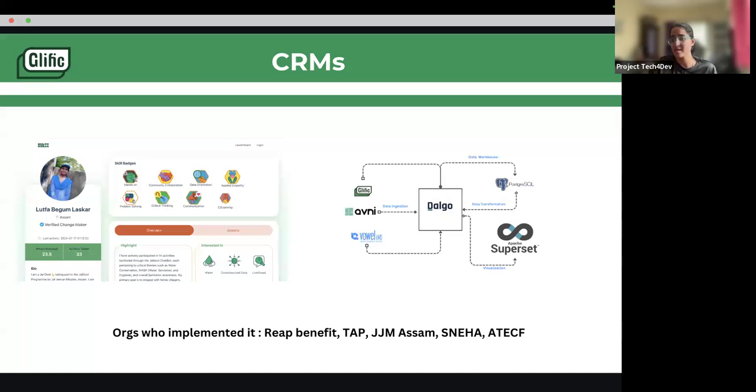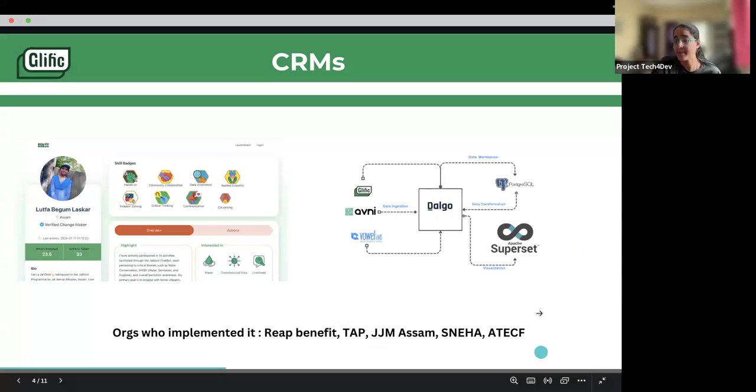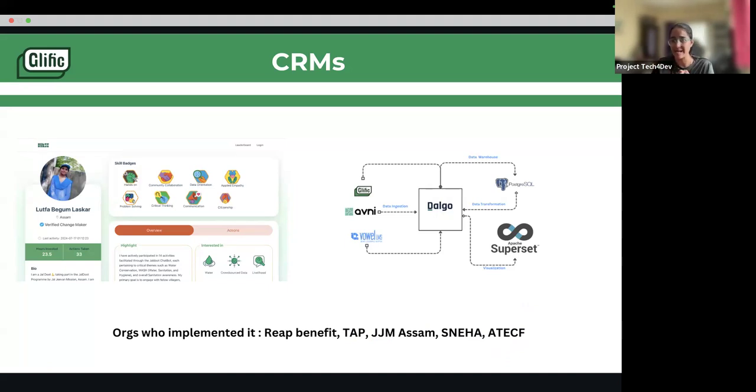Some of our organizations, like Sneha, TAP, and AT Chandra Foundation, are using Dalgo. So they are integrating their other data and putting it in Dalgo. So the user who is on Glific, they are able to get overall data of that particular user as well. So it can talk either way. Again, the data from Dalgo can further be used to show it on Glific, like, hey, you have completed this on an overall basis. That overall holistic information of the user can be shared back with the user and put into a system.